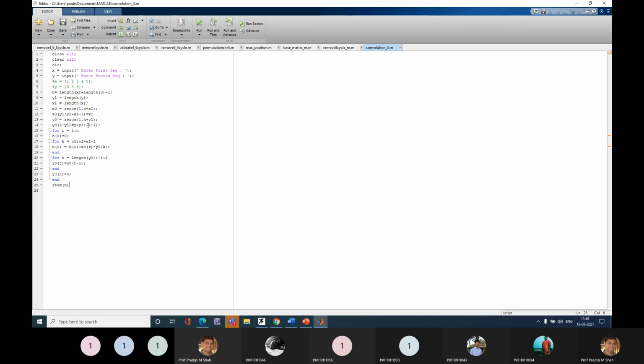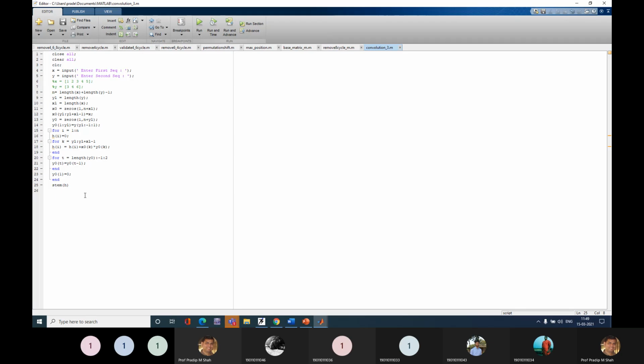Now what do I have to do? Now I need to do two operations. I need to shift it, multiply, and add. This we have to do in a loop. I have to do this continuously: shift, multiply and add. So far I have only done the time reversal. Okay. So for the next operation, I'll choose a for loop.